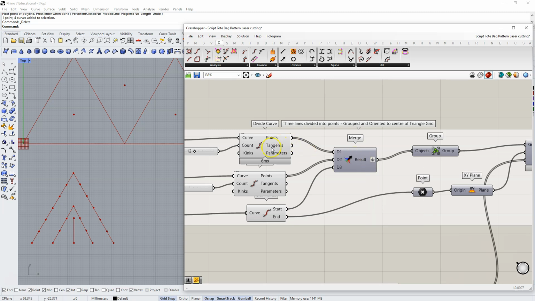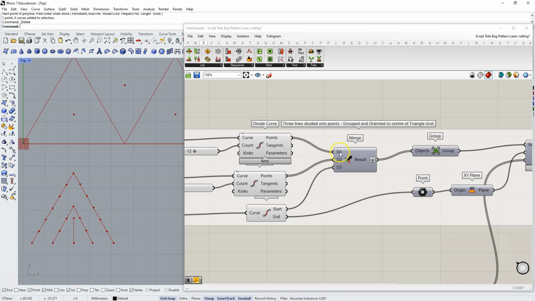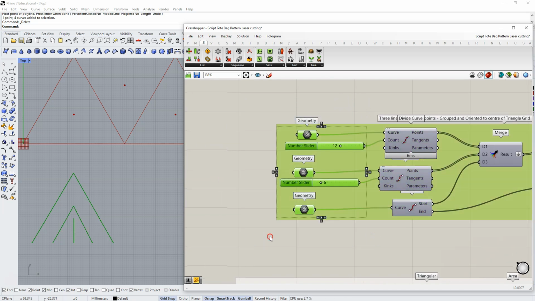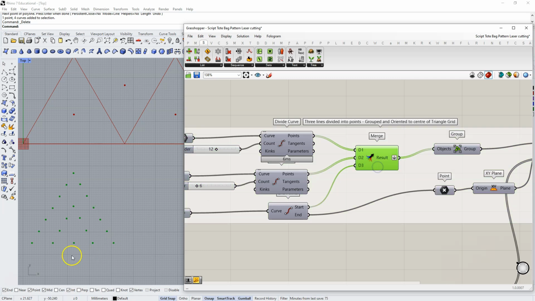So what I did was I used merge. So again, Control Alt click, merge, and merge lets us group a bunch of different things together, and it's basically bringing all these points together. So if I turn this preview off and turn the preview of the lines off, and I'll show you the preview of the merge, you can see I've got all of these points merged together except for the middle of the triangle, because I'm not going to put a circle on the middle of the triangle,